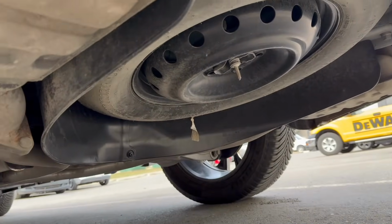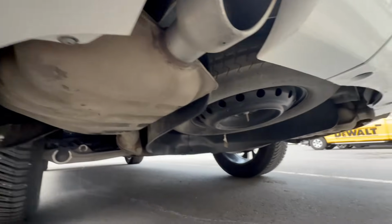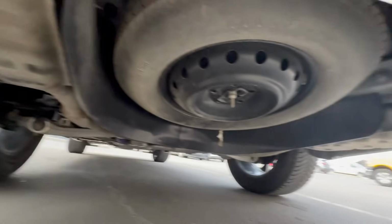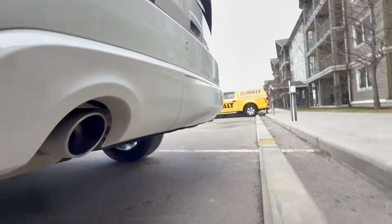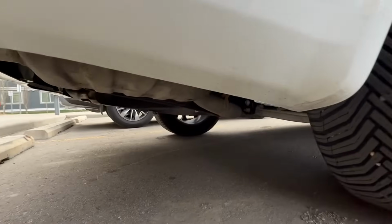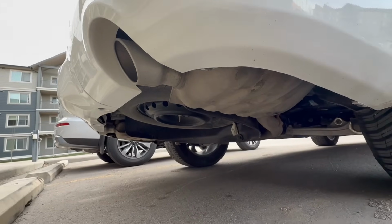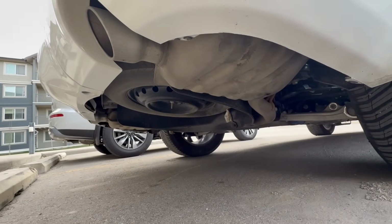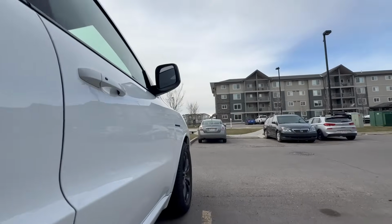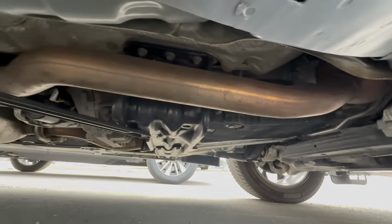So these are the two mufflers we have in the back. This one, they're not very big, they're pretty small, and the same on the other side there. You see? They look big in the picture, but actually they're pretty small. And it's a true dual exhaust because we have this thing in here. So it's true dual,